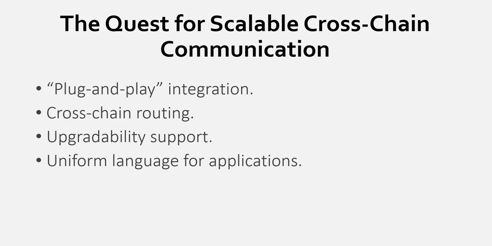4. Uniform language for applications. Applications need a simple protocol to lock, unlock, transfer, and communicate with other applications no matter which chain they reside on. This protocol must be chain agnostic and support simple calls, analogous to HTTP/HTTPS protocols that allow users and browsers to communicate with any web server. As more networks and assets join the lower-level routing protocols, applications should be able to use them for communications without rewriting their software stacks.